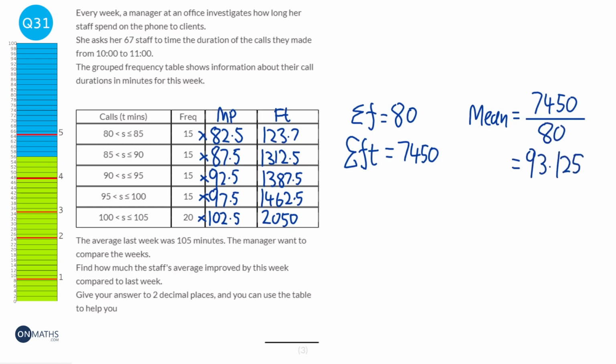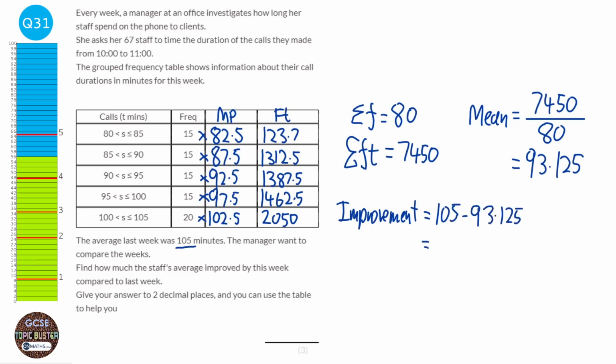93.125. Now this question is about the improvement that the manager has made, the call centre's made. So we're looking at subtracting the 93.125 away from the last week, which was 105. So we're looking for improvement. And we're going to do 105, take away the 93.125. And that's going to be 11.875. Now it does ask for 2 decimal places, so that will be